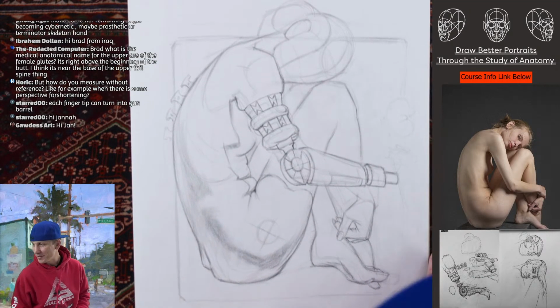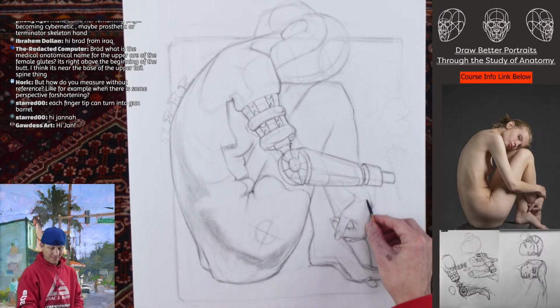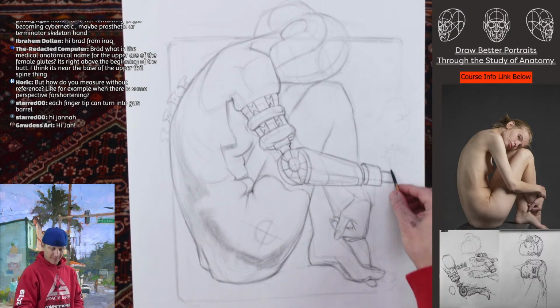So I'm trying to think of the perspective lines on this thing. So I might chowder it. I don't know. I'm going to do my best. I'm trying to remember